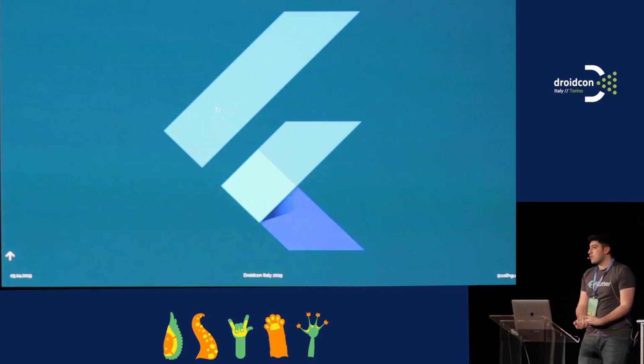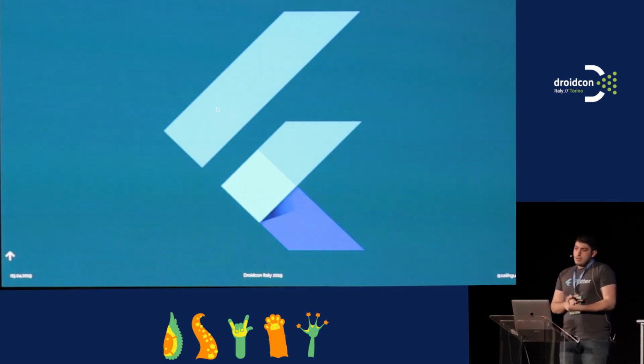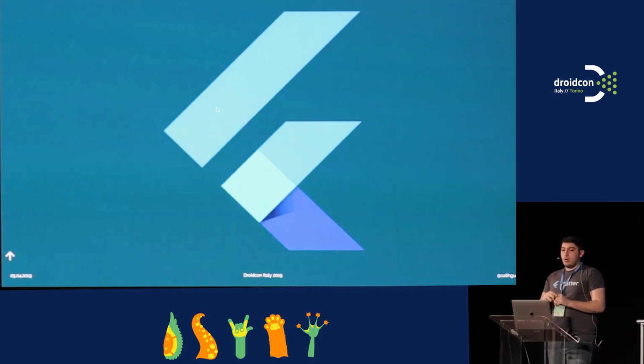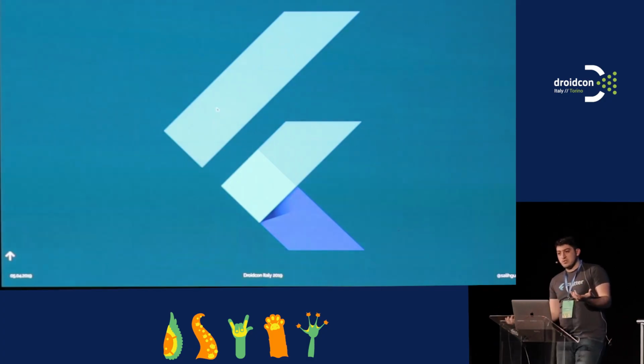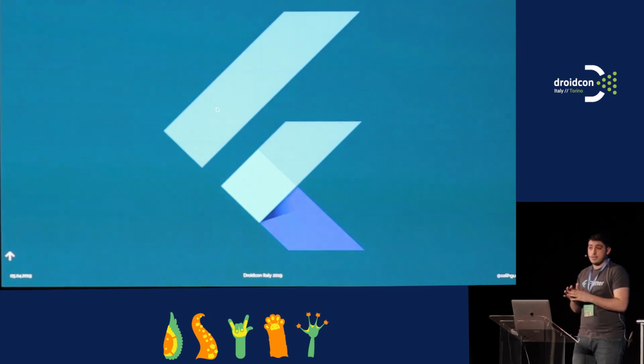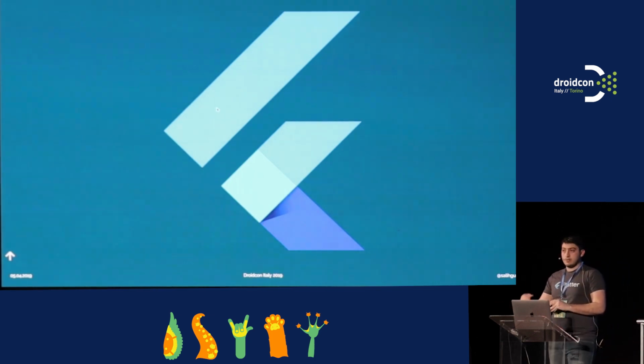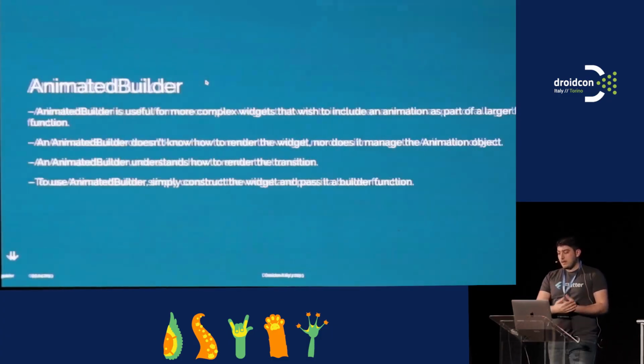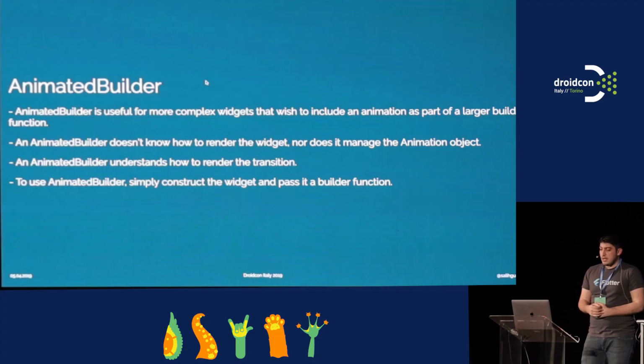we can have this animation. But so far we always talked about one type of animation, right? And we can have staggered animations also, like multiple animations of different types working in different parts of the time frame. And if you want to implement something like this, we have something called Animated Builder. Animated Builder is really powerful